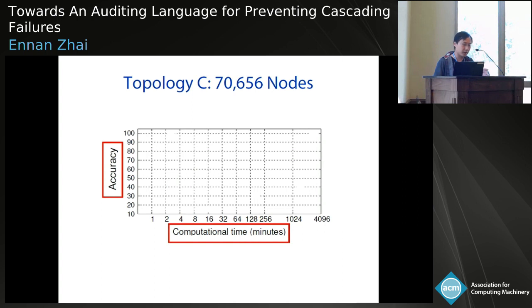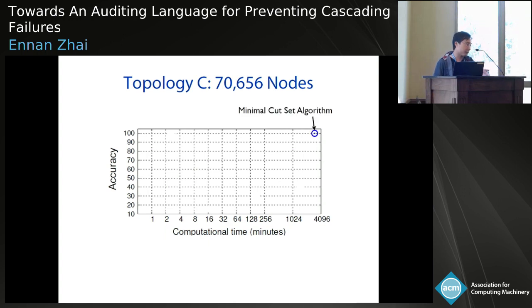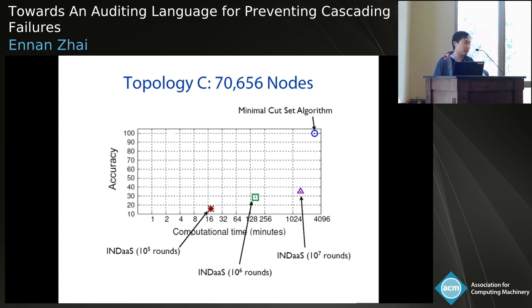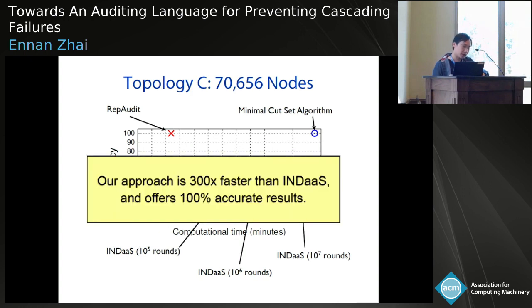So in this result, the y-axis is accuracy and the x-axis is runtime. And this point is one of the existing efforts named the minimal cost set algorithm, which is very slow. And the bottom part includes the results output by Indus system with different failure sampling runs. And this point is our result, because we rely on the SAT solver, so we can quickly get the result with very high accuracy. So as shown in this evaluation result, our approach is 300 times faster than Indus system, and we can